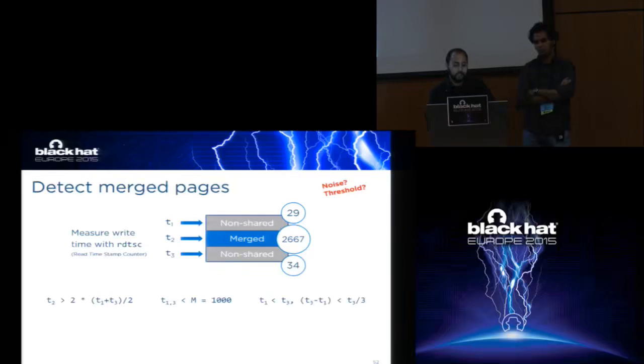And then we combine that with either the second condition, so T1 and T3 have to be less than 1,000 cycles, or T1 and T3 should not diverge too much from each other. This was just by observing a lot of runs; we were able to see that usually T1 and T3 start to diverge from each other very quickly when noise happens.